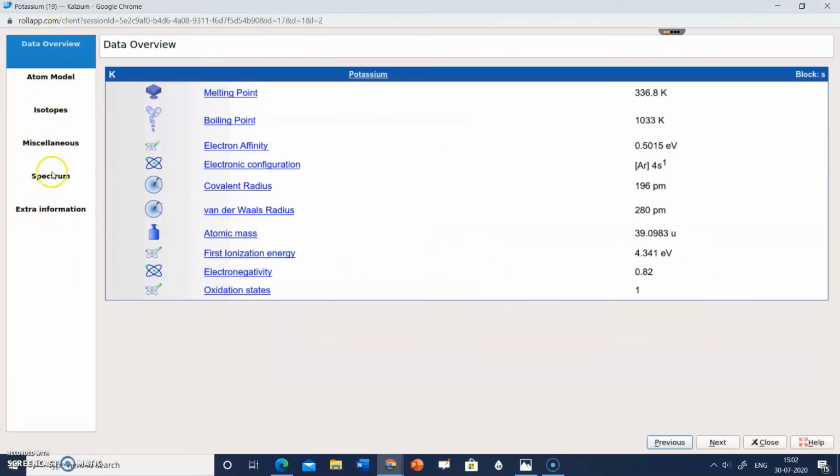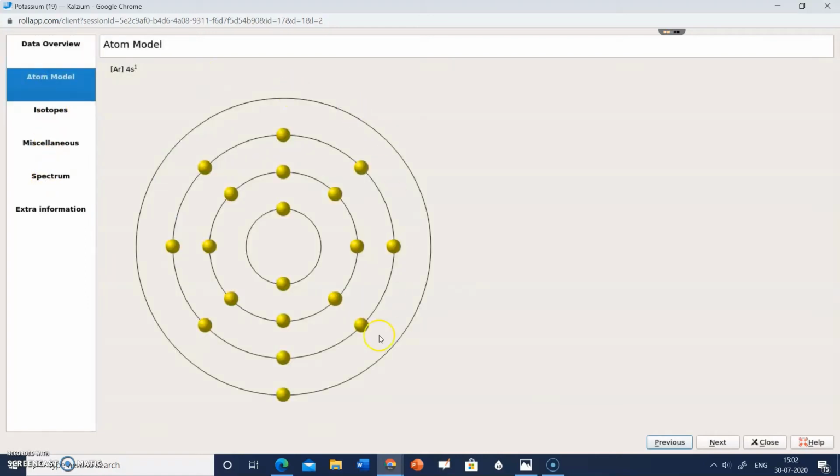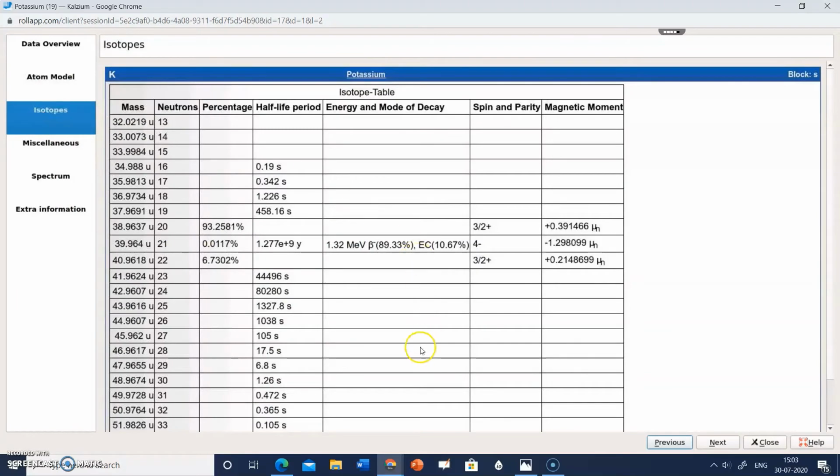And if you see on the left hand side of this window, this is the data overview which is showing in this window. Then atom model, isotopes, miscellaneous, spectrum. If we click on atom model, this is the atom model of potassium. This way you can also see isotopes by clicking on isotopes, and it will give you detail of the isotopes.